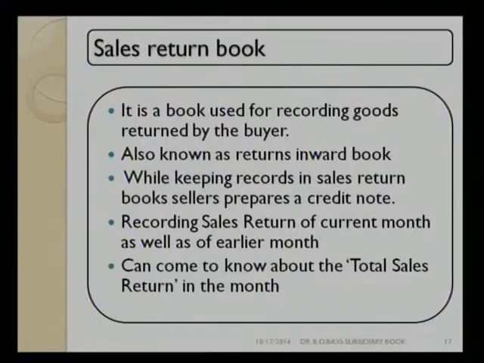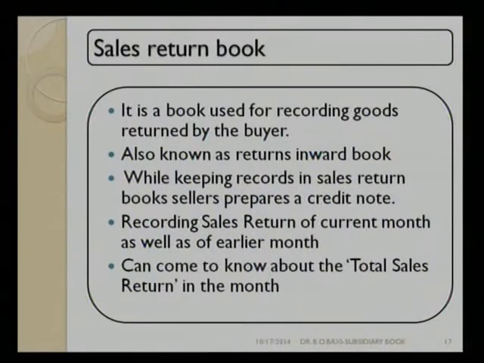Now, the most important critical aspect in this case is that as a wise accountant, you have to check a very clear point: what is my total sales return, and I have to find out why this sales return has been done. Last point is very important: come to know the total sales return in the month. So if I would like to know the true picture, what I will do is make the total of the sales book, that is total credit sales, less total sales return, so that I can know the exact figure of my sales on credit basis in this particular month.